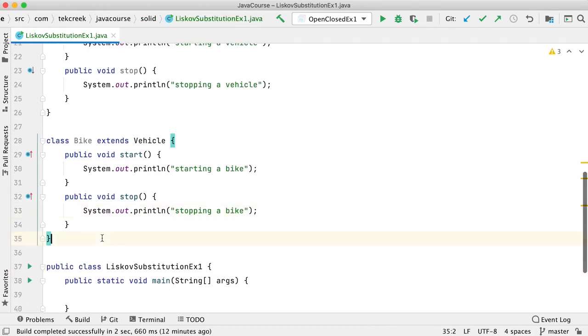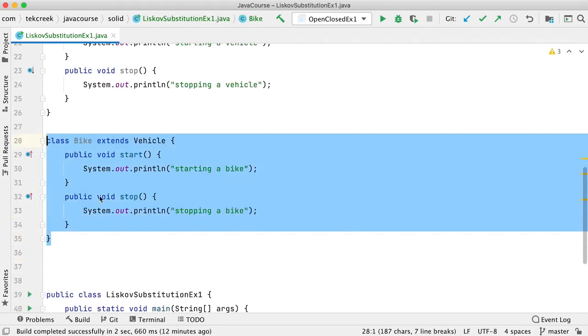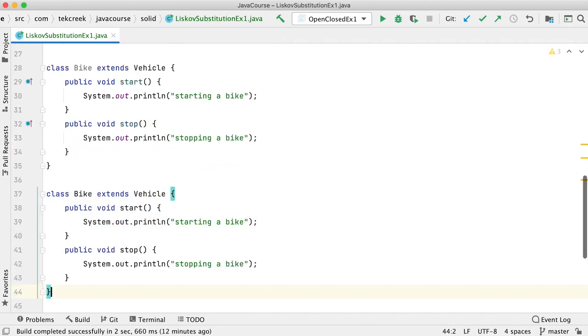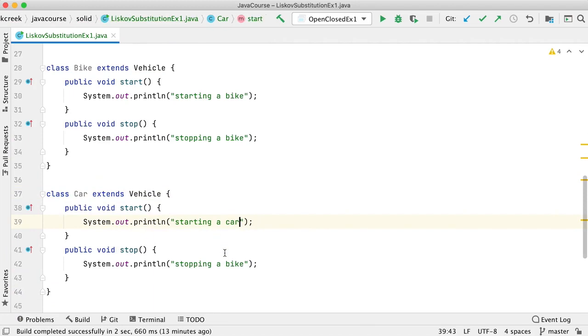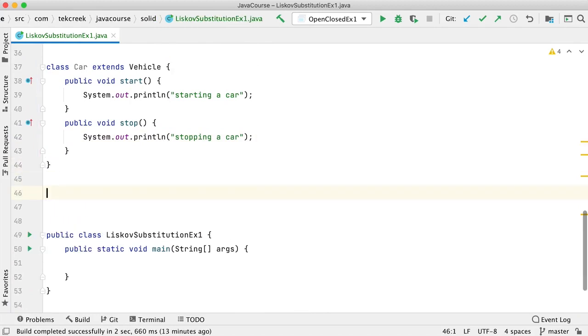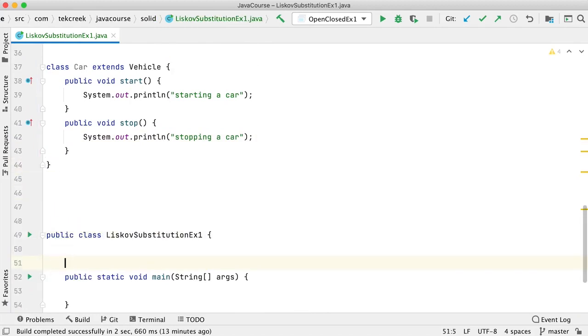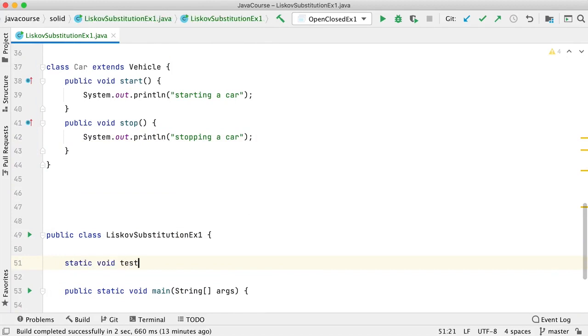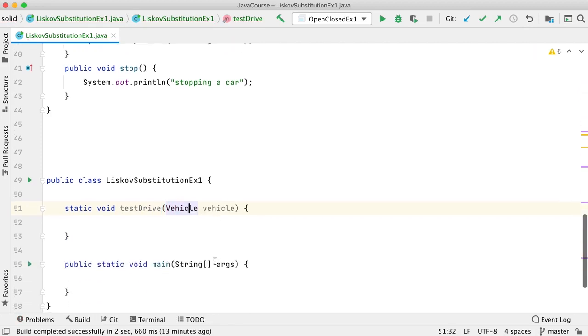That's fine. And say for example there is a Car, again a vehicle, starting a car and stopping a car. Okay, so this looks good. Now there is a function called test drive a vehicle, and they will say vehicle.start and vehicle.stop.